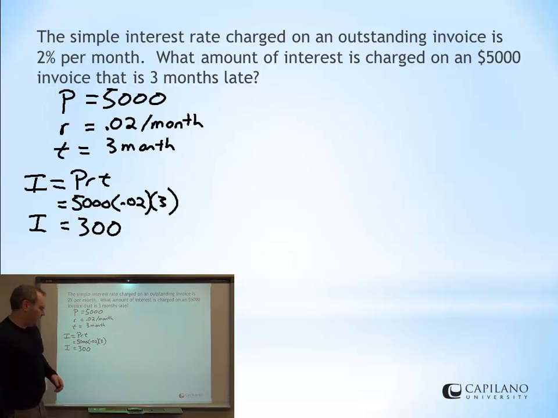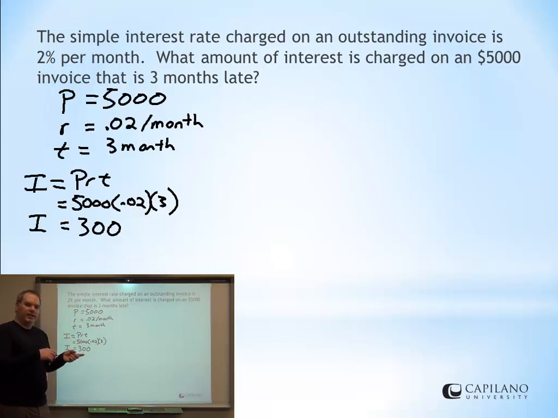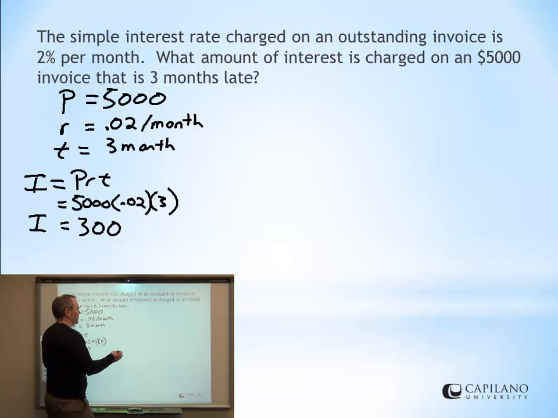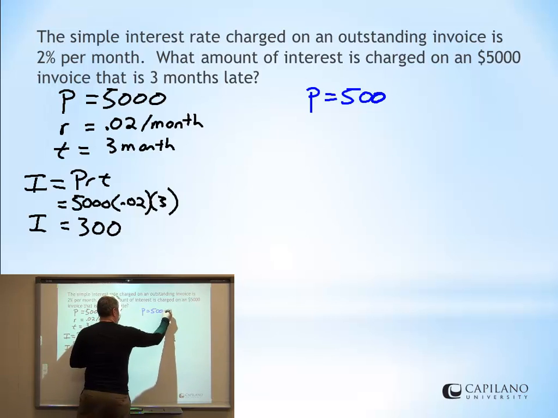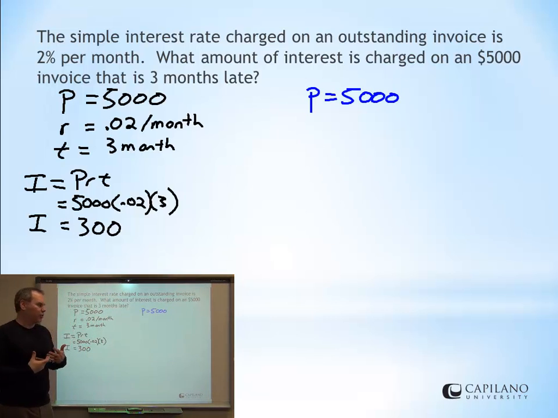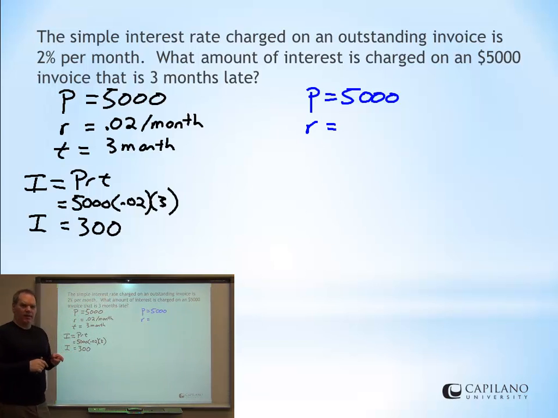But we said before that T is a portion of a year. So if I'm not going to do it in months, I want to be really consistent about doing things in years. I just have to make sure the rate and the time work properly. So again, my principal is going to be $5,000 because that amount of money is still the amount that I've borrowed. The rate now is going to be 2% per month, but there's 12 months in a year. So 2% per month